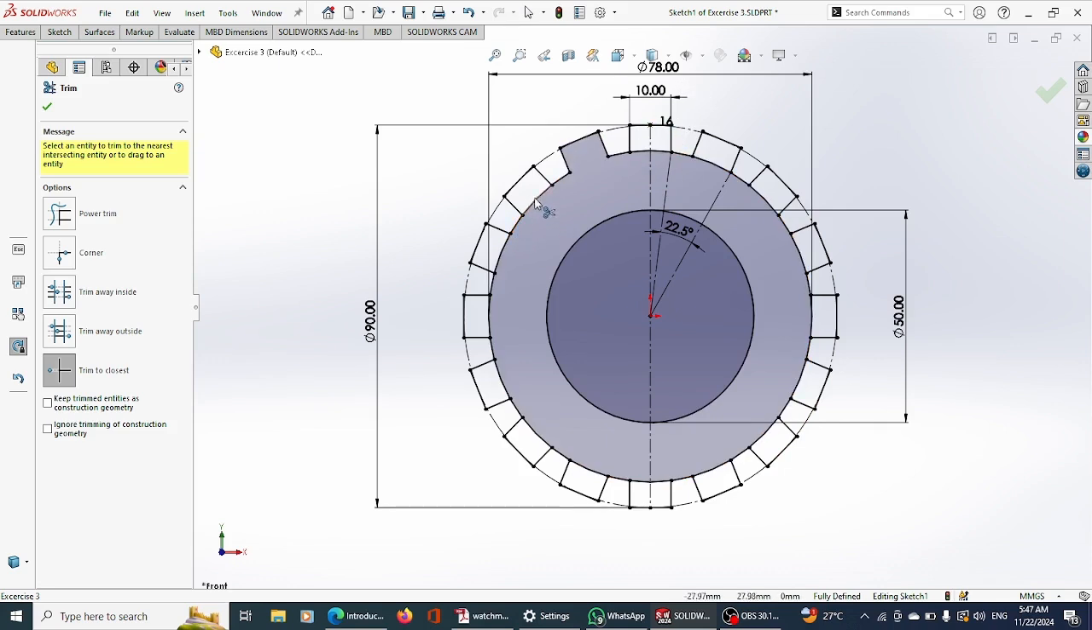I'll go here, I trim this one, trim this one, trim this one, trim this one, trim this one. Just keep trimming them. Keep trimming and trimming. Now, lucky for us, our sketch is fully defined, and I think we are ready to